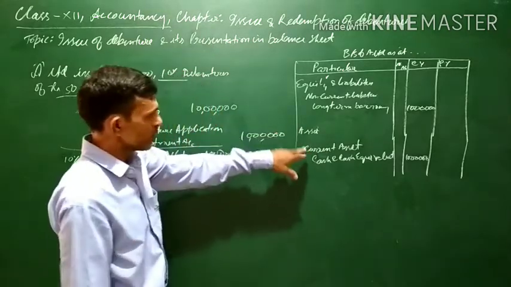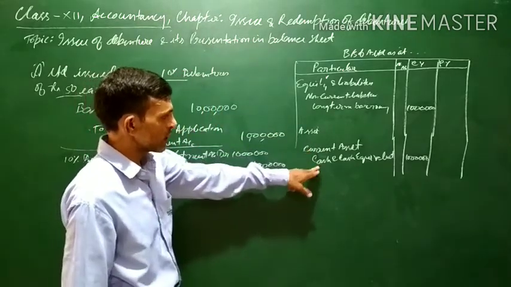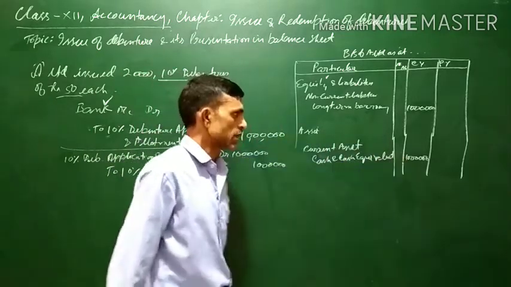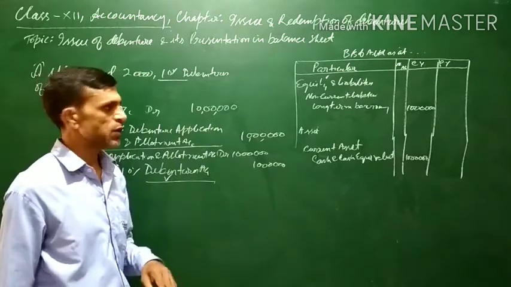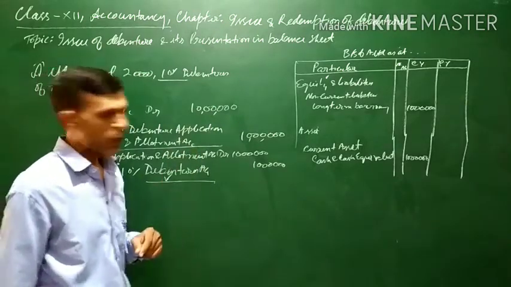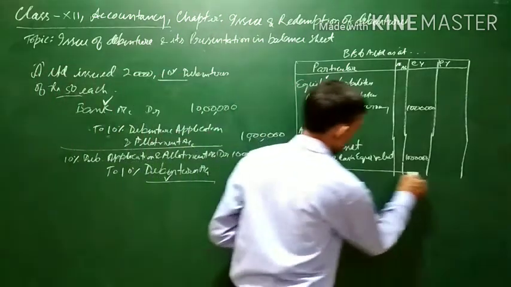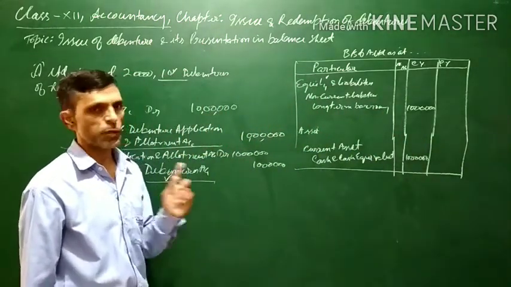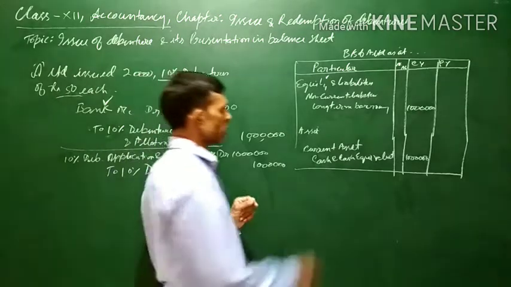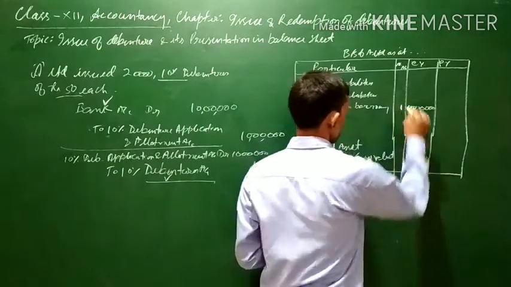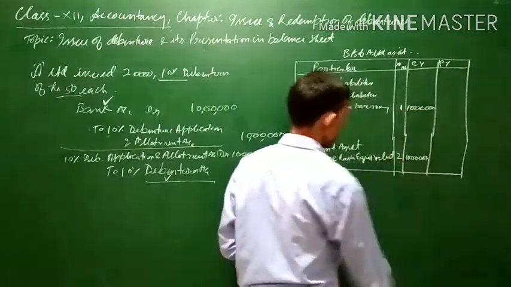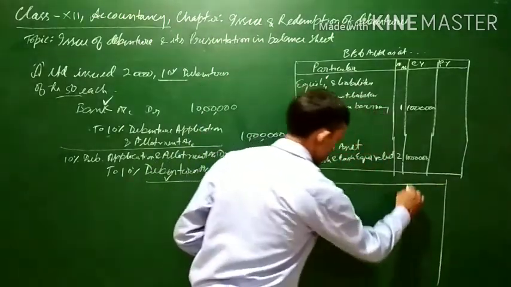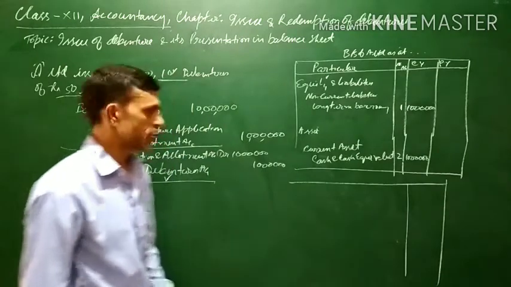So under assets, current assets, and under current assets, cash and cash equivalent will represent the cash at bank of rupees 10 lakh. This is the relevant item related to the debentures. Moreover, the explanation of these things will also be presented in the form of notes to account. Long-term borrowing is note number 1, cash and cash equivalent is note number 2. The notes to account is part of the financial statement also.